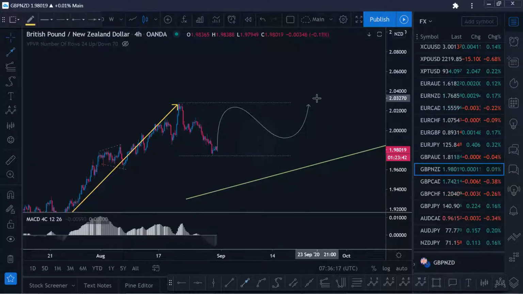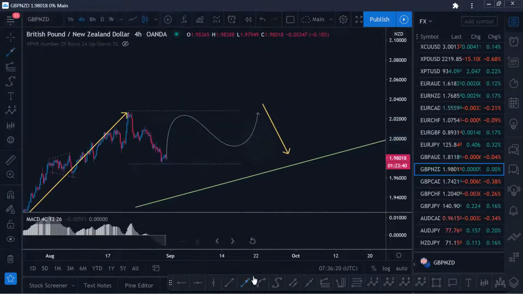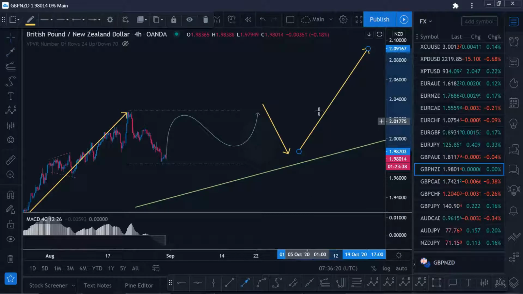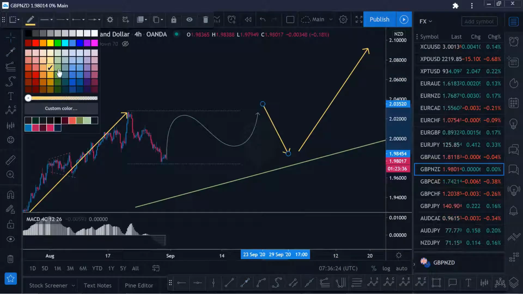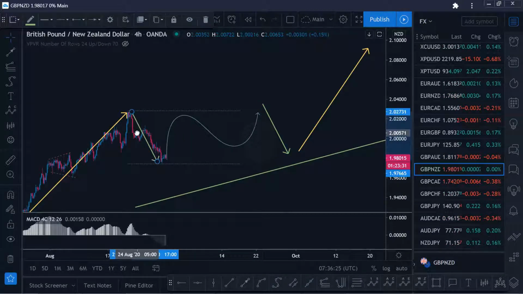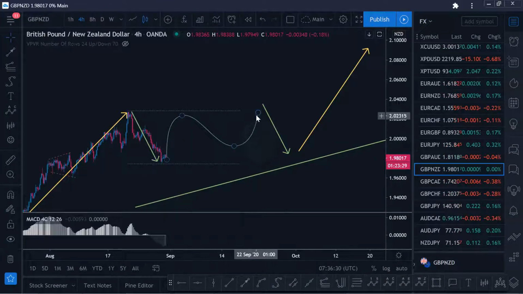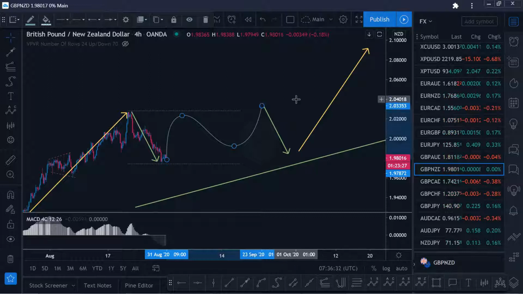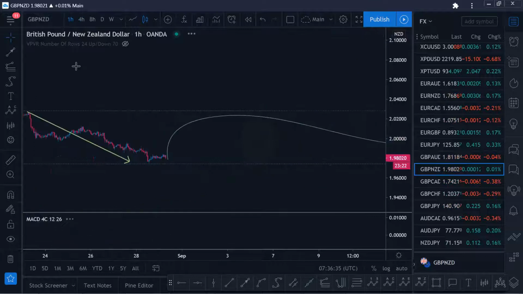And then we would see a similar move to the downside, and then a continuation impulse to the upside. So changing the color, you'll see all of this is potentially going to turn into a running flat for more upside. So maybe no trades until the end of the month, unless you really want to get into this